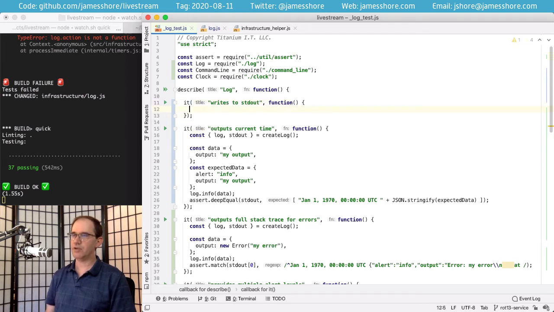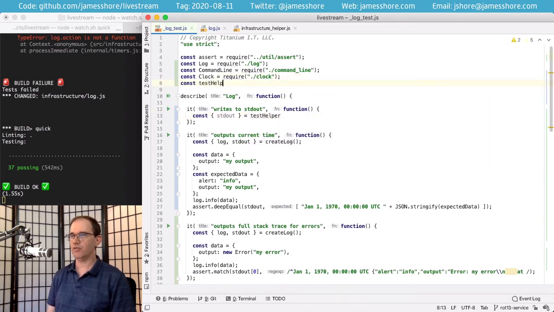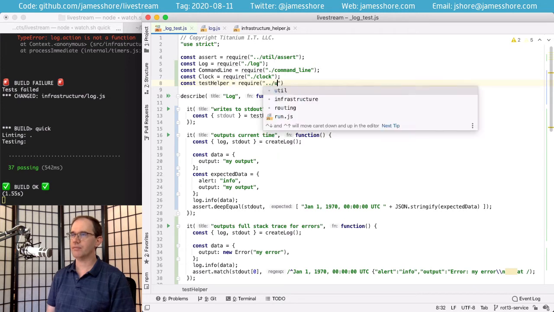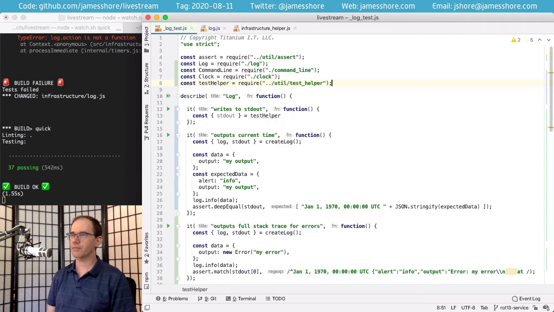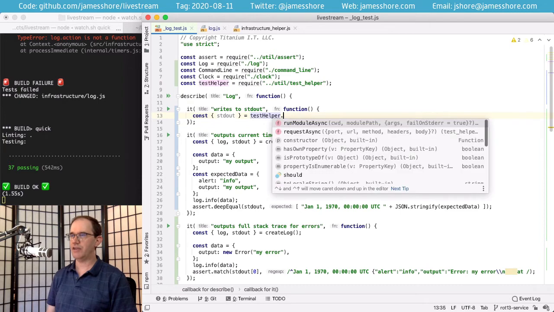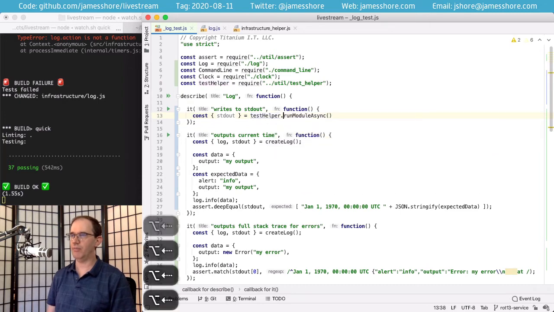And to do this, we're going to have to actually write a module that writes to standard out. And because of the way standard out works, the way I'm going to do that is I'm going to get our test helper. Let me go ahead and grab that. I'm going to have our test helper, and it has a run module async, which I have to remember to await.